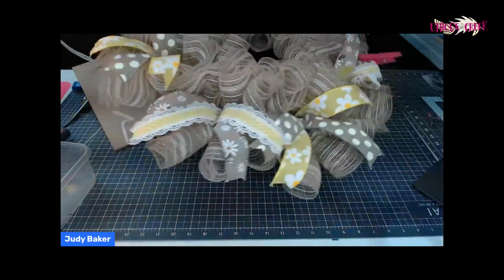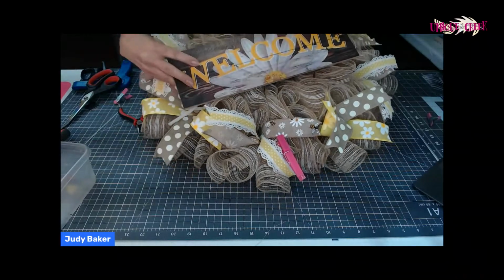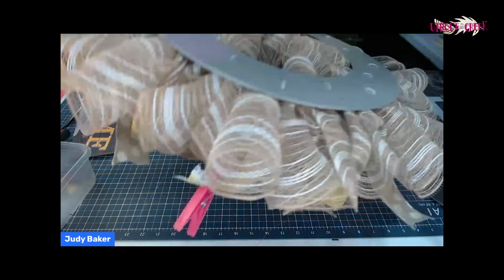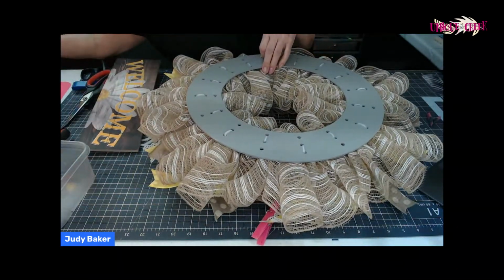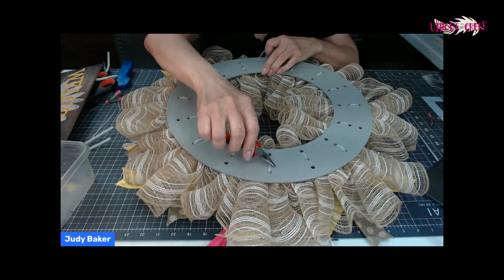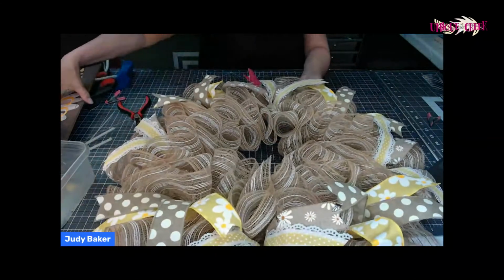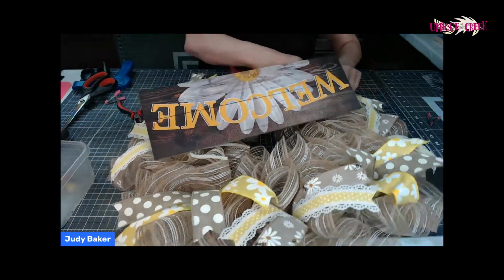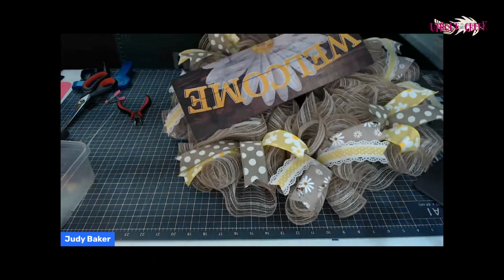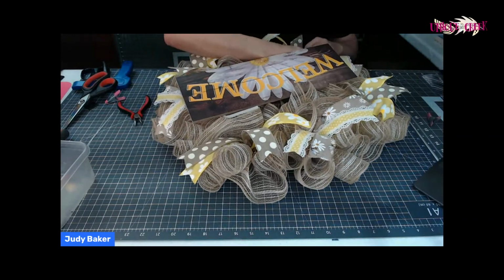Now from the bottom, if you're looking at my wreath, this is how I want it to look. I want this side to be a little lower than this side, okay? So on the ring board, if you count from the bottom, I'm going to go 3 up, and then I'm going to go 4 up, and that's where I'm going to put my cable mount for my sign. So I'm going to put my sign in now because this probably takes me the longest as well. Okay, so I'm going to count from the bottom, 1, 2, 3 holes to my left, and I'm going to put my